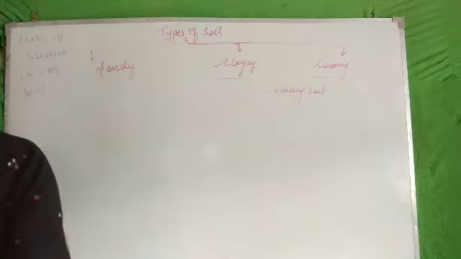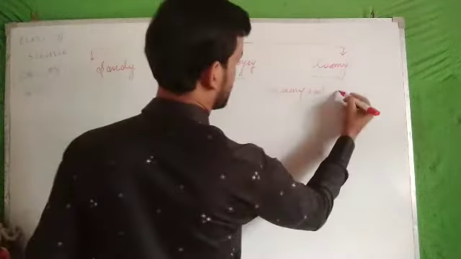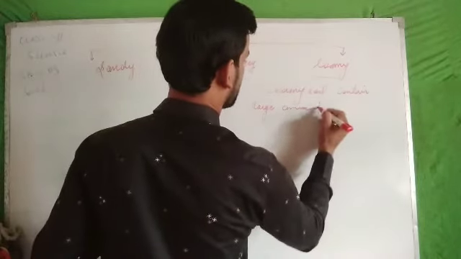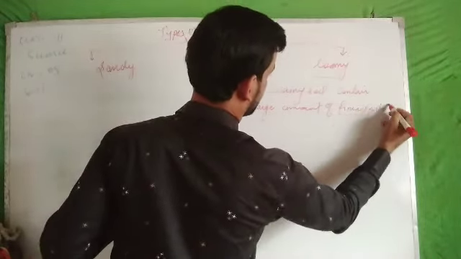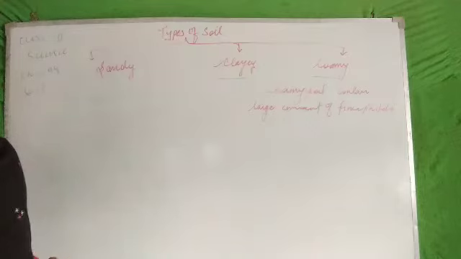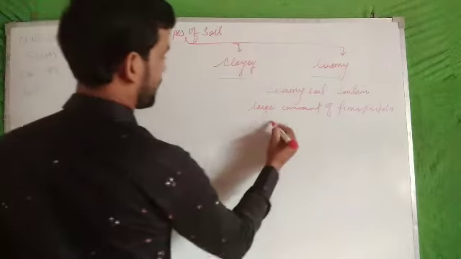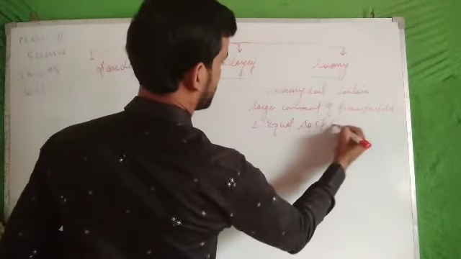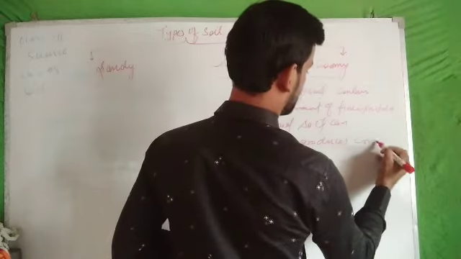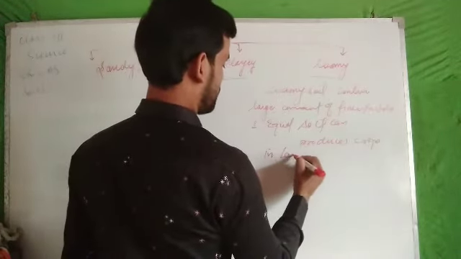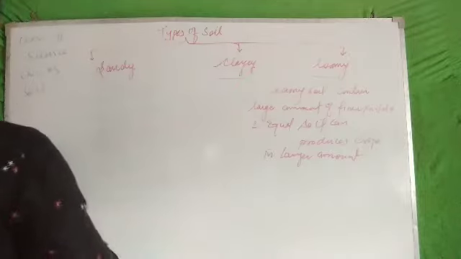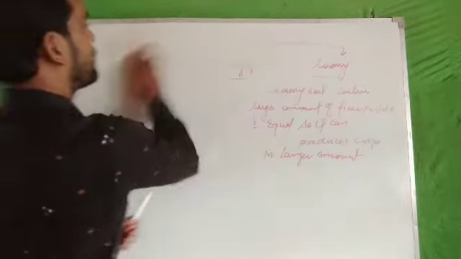Now next one is loamy soil. Loamy soil contains a large amount of finer particles in equal proportion, so it can produce crops in larger amounts. This is all about the